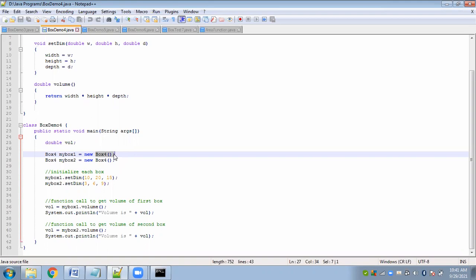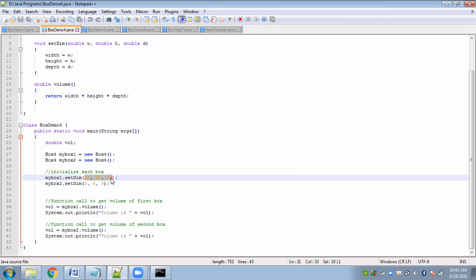Here it works because the constructor will be invoked, it is the default constructor, and because we have not defined any constructor here, it will provide some default values. But those default values we will rewrite again by giving our own set of values. So first we are giving default values using the default constructor, then we are removing those values and then we are providing our own set of values.